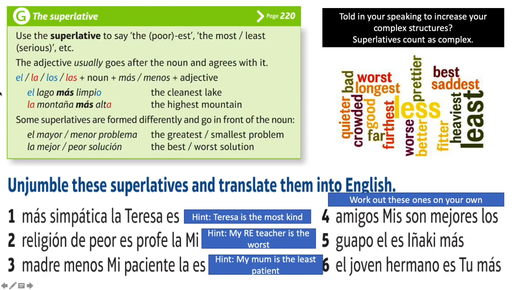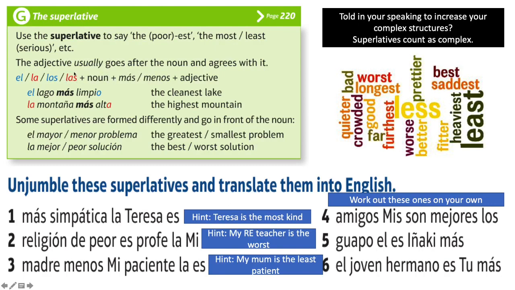Right, so you will have to write down this grammar box, the green one, all of it, please, so that you have that in your book. Now, first of all, you need an article that is the in English, but you know that we have el if it's masculine singular, la if it's feminine singular. For example, la casa or la chica. Los, masculine plural, los chicos. Las is feminine plural, las chicas.